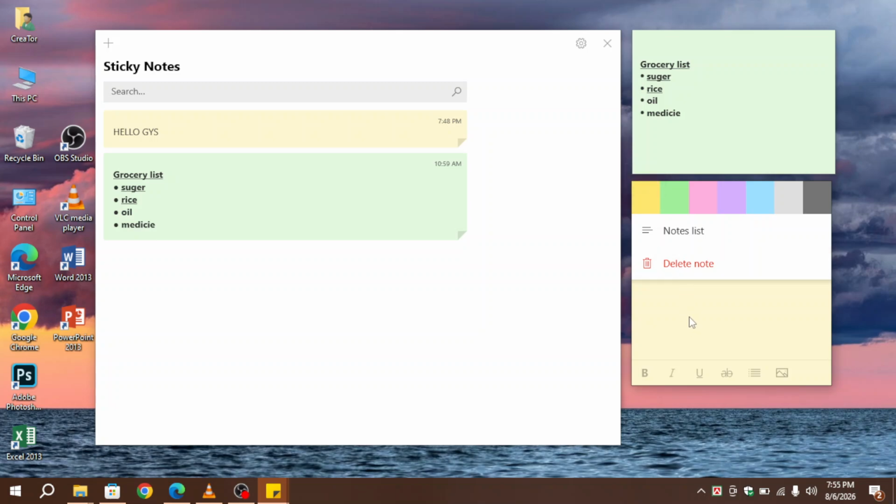Whenever your priorities change, simply open the note menu again and select a different color. Your note content stays exactly the same while only the appearance changes, and that's how to change sticky note colors in Windows. It's a quick feature that can make your notes much easier to organize and find at